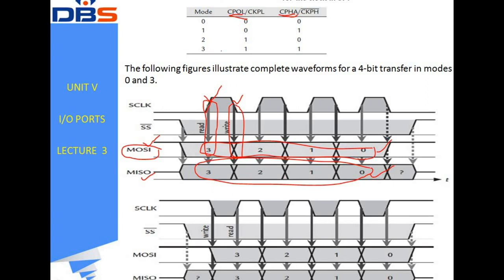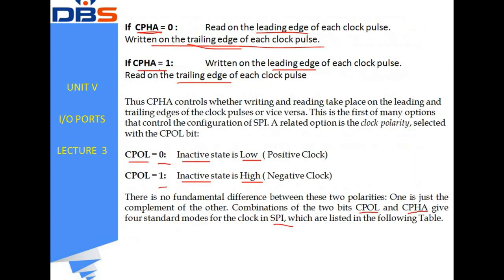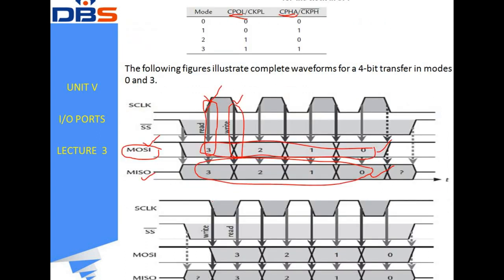This data is transmitted in the master and this data is received in the slave. Coming to the mode 3 operation, both the inputs here are 1. See here, when CPOL, that means the clock polarity, is high, writing is on the leading edge and reading on the trailing edge. See here, on the falling edge we have the writing operation, and on the leading edge we have the reading operation here. Okay, it's the converse of this one.